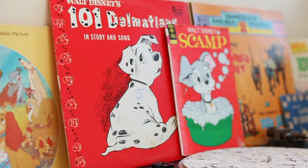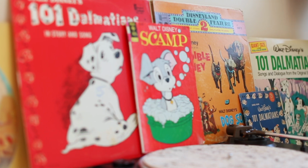Today we're looking at the four-legged character companions of the early features in Walt Disney animation, dogs. Now Walt not only loved dogs, but he had several of his own. In the early years of Disney animation, dogs were a hit in the 50s and 60s, especially with the hit